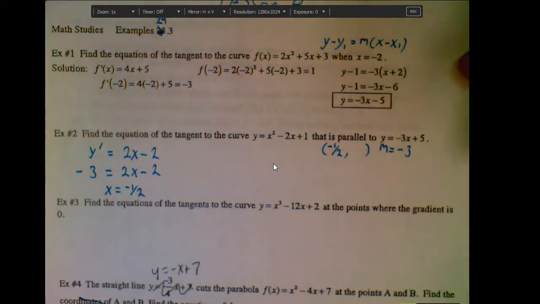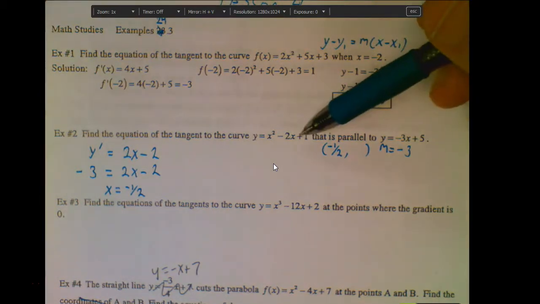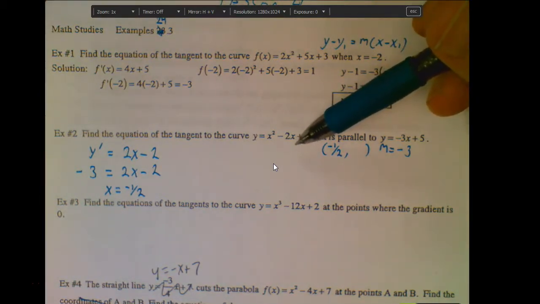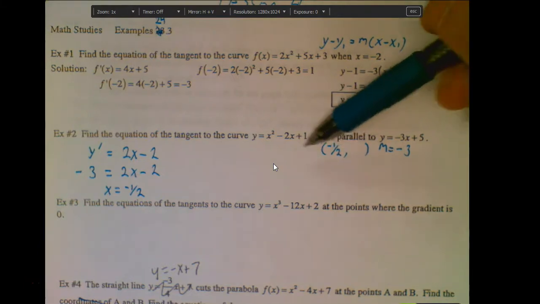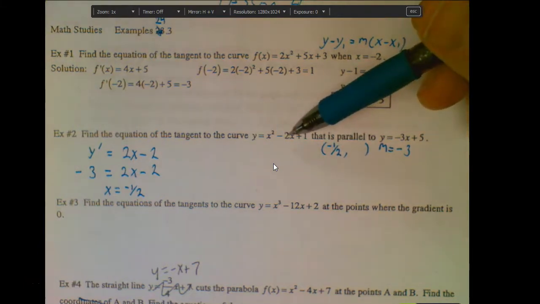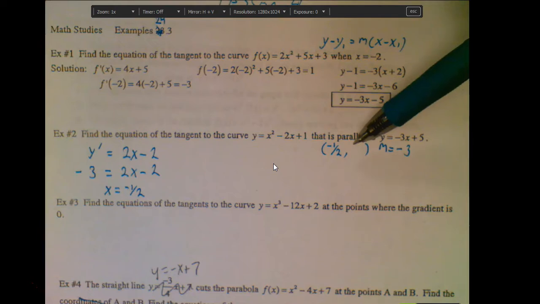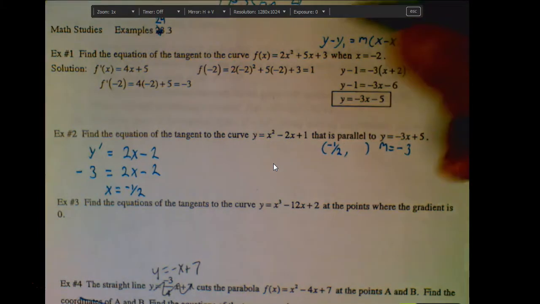And remember, where do you always get a y coordinate from? That always comes from the original function. So now if I take my -1/2 and plug it into the original function for x, that's going to give me the y coordinate to go with him. So if you sub that in for x into the original, it looks like you're going to come out with 9/4